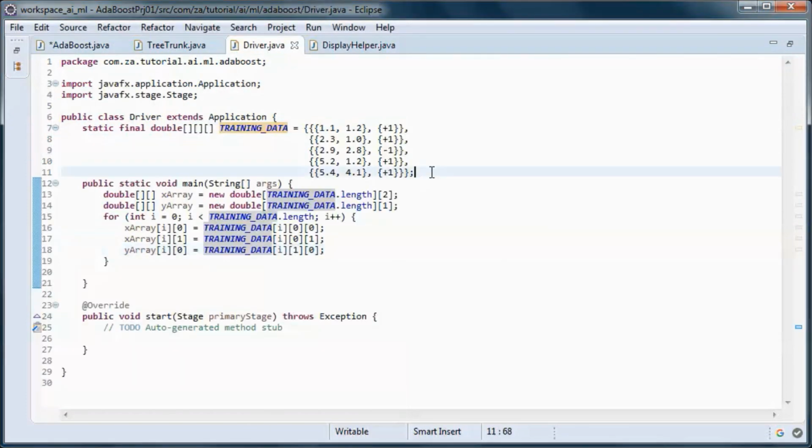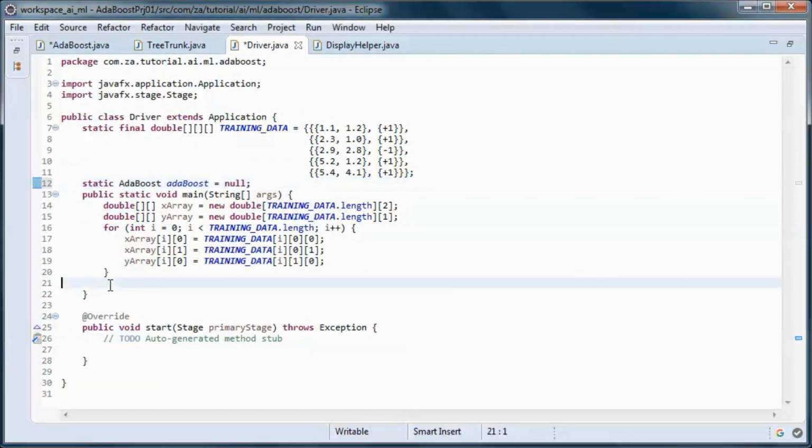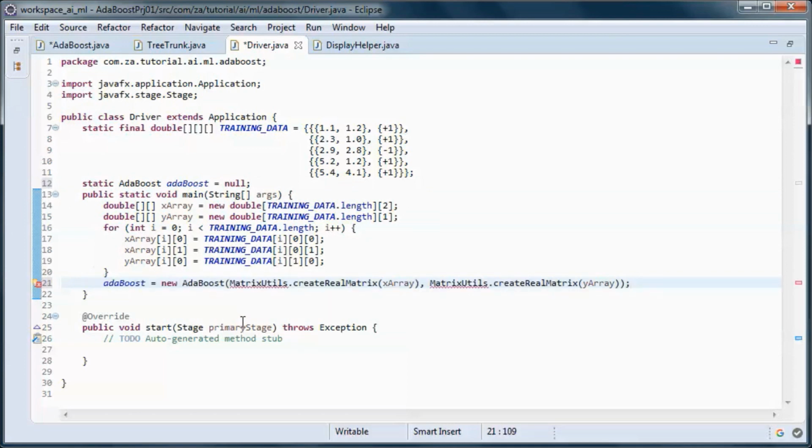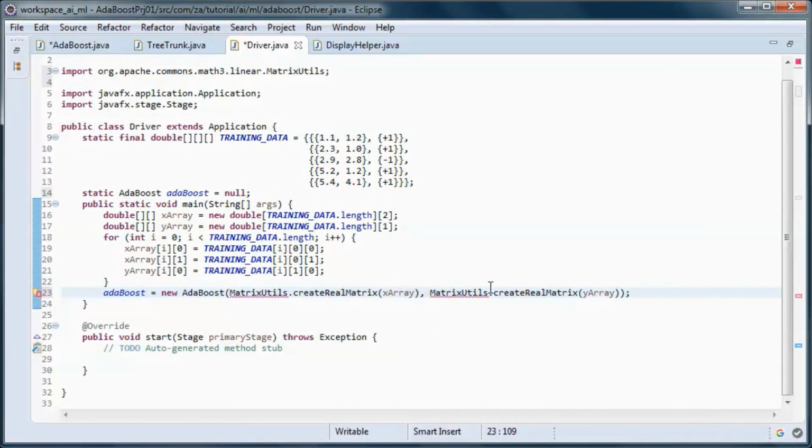And let's define this as static and instantiated, passing in X array and Y array as matrices.